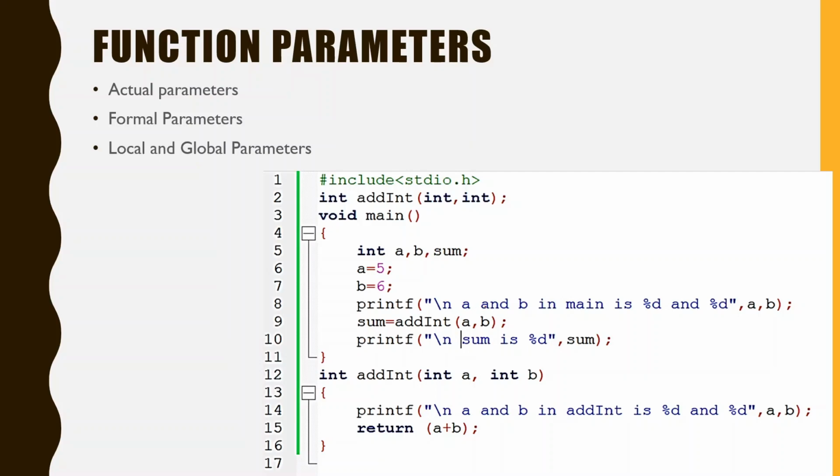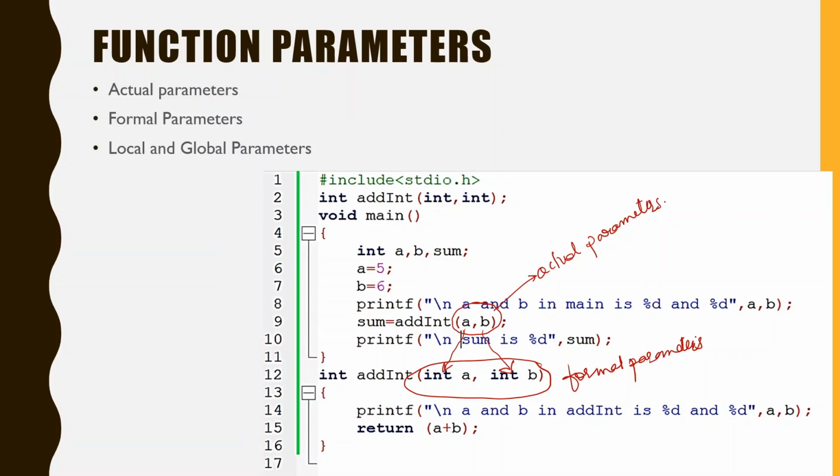So these are the parameters which are part of the call. They are called actual parameters, because they have the actual values of the parameters. Now when this function is called, their corresponding values are copied: the first value will be copied in this and the second value will be copied in this. These variables which hold this new copy are called formal parameters. So what happens when you call a function is that the values of actual parameters are transferred and a new copy is created in terms of formal parameters.